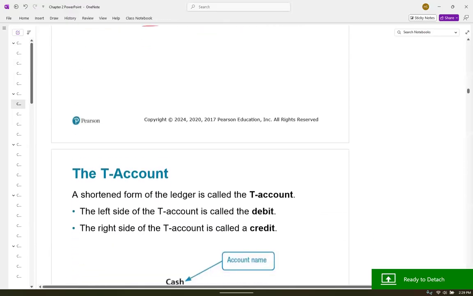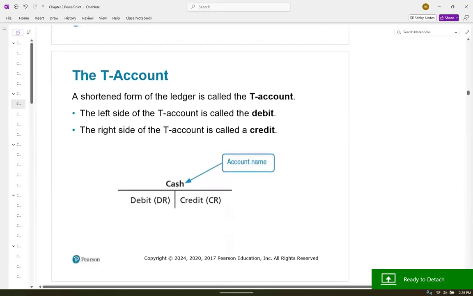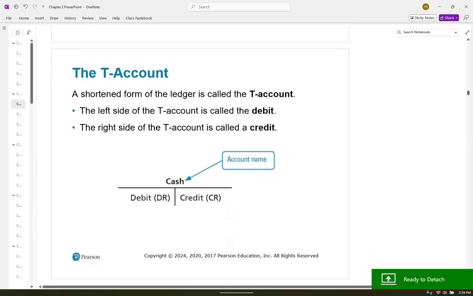Okay. So we use T accounts in accounting. We love our T accounts. If you are an accounting major and you go out into the real world, you're probably not going to see the T accounts. But there's a lot of people who will take a scratch piece of paper and write a T account out to understand a journal entry. Okay. So let's talk about debits and credits. This is probably the thing that gets students